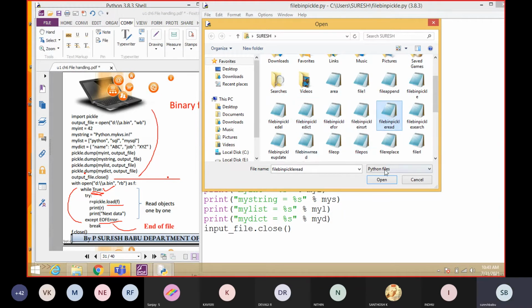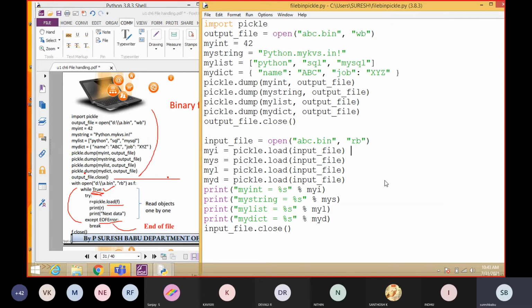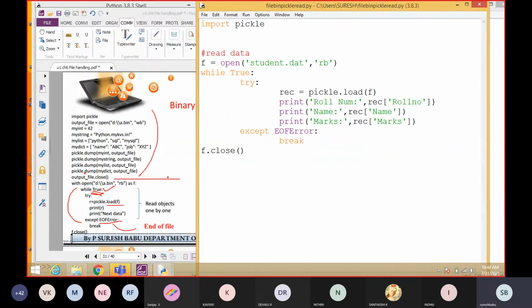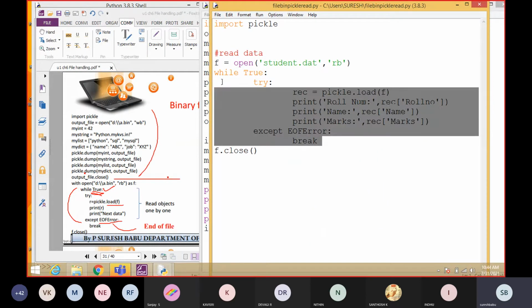Where is the program? Yes. So see here, we already gave the data inside.